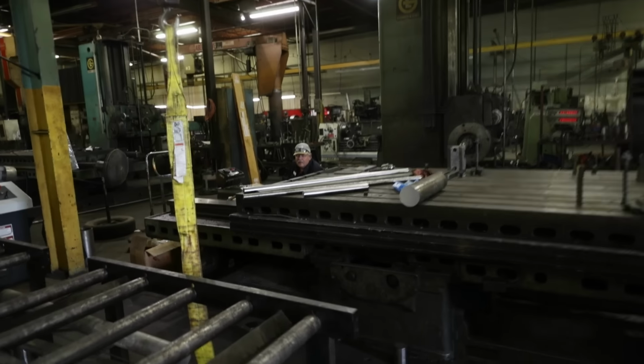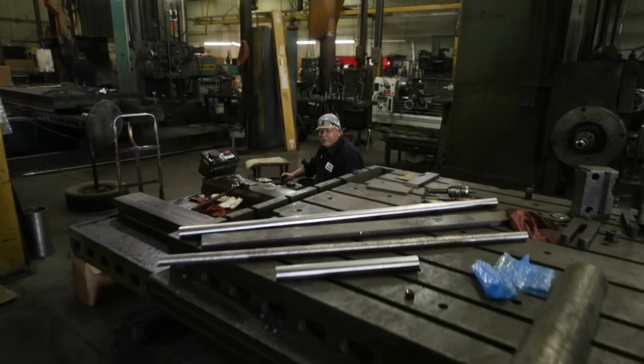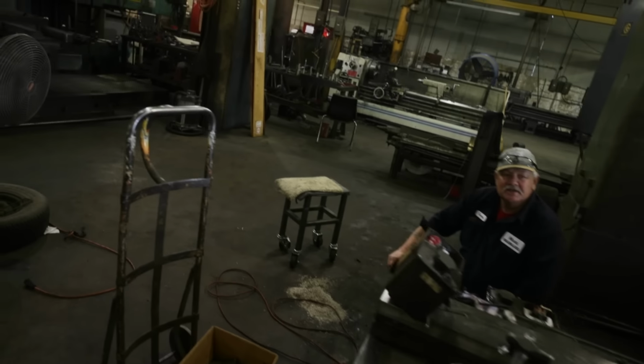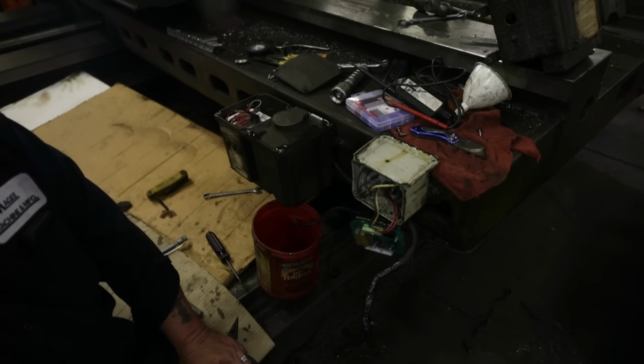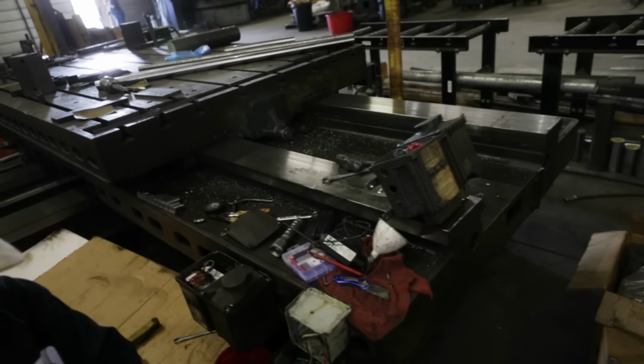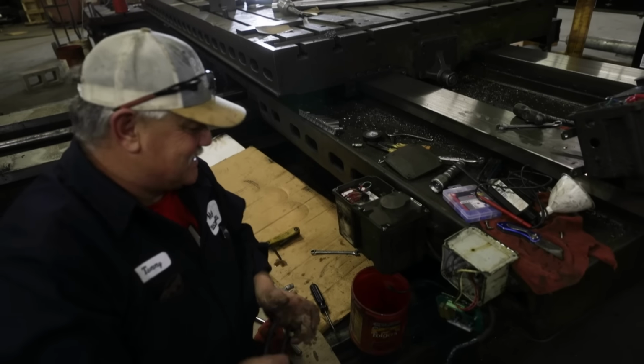Hey, what you doing over there? What'd you hide in the corner for? Trying to get it protected. You get all the fun stuff. Yeah, I know. I'm that kind of guy. Fixing all the rat nests that the others have left behind. Yeah, fixing all the stuff that's